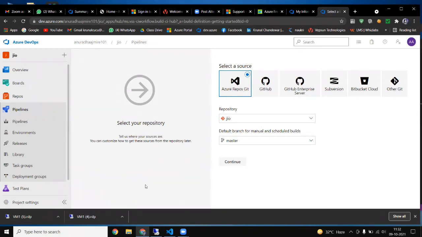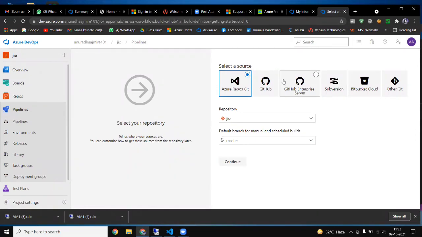After clicking on the classic pipeline, see how many options I'm getting here: Azure Repos Git, GitHub, GitHub Enterprise, Subversion, even Bitbucket. What is Subversion? Subversion is also a source code management tool which was used at an initial stage of Microsoft Azure cloud.